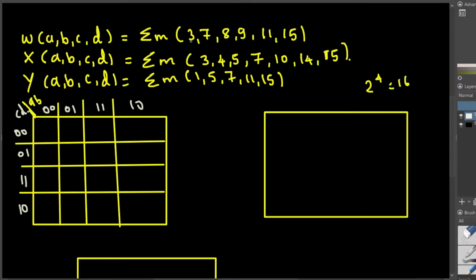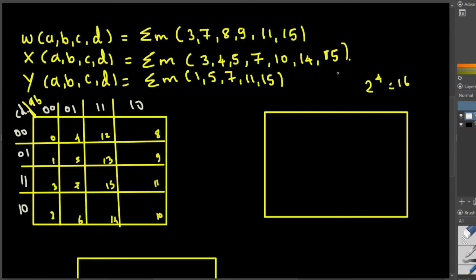And here we have the minterms provided. That is, these are the locations of ones. We have 1 at 3. Let's actually write the address representations so you can see it clearly. This is 0, 1, 2, 3, and this one is 4, 5, 6, 7, and this is 8, 9, 10, 11, and then 12, 13, 14,